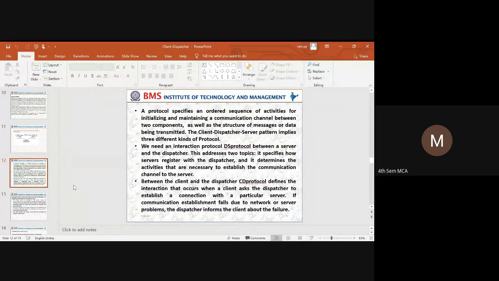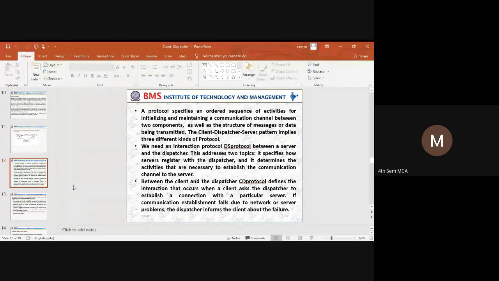These are the sequence of activities that happen in a client-server system. So the client, dispatcher, and server pattern implements three different protocols: the CS protocol, DS protocol, and CD protocol.